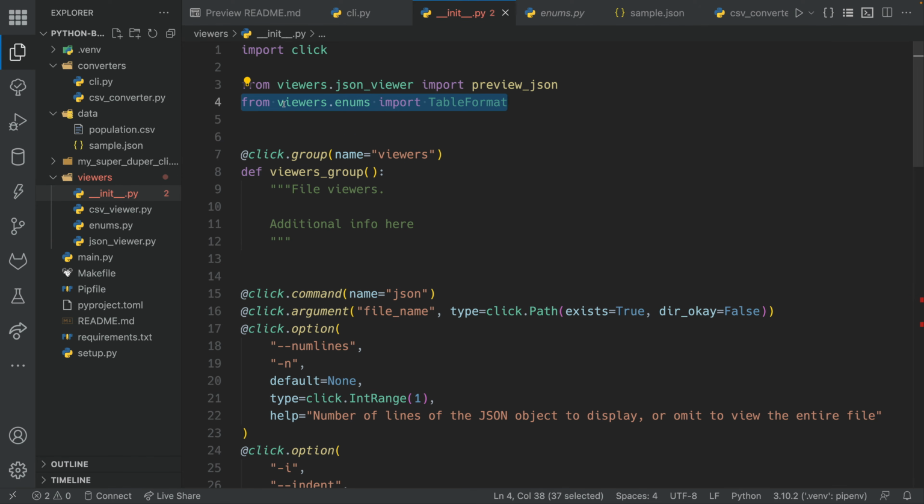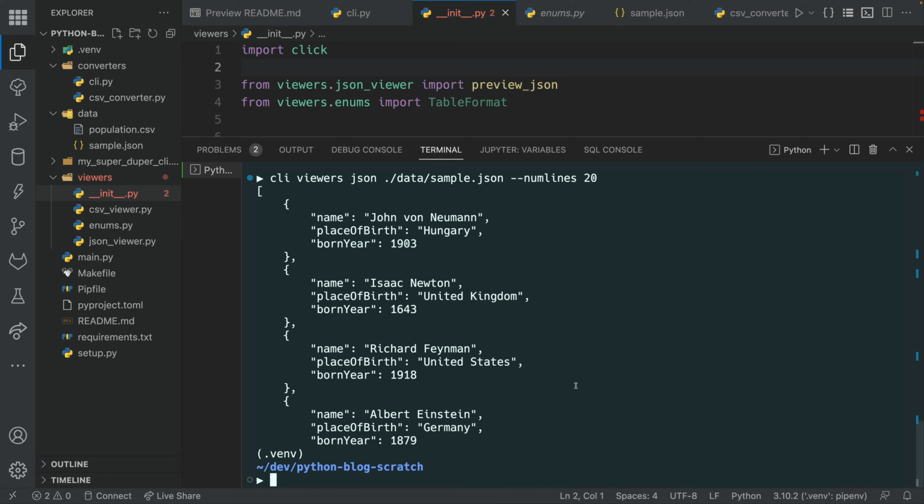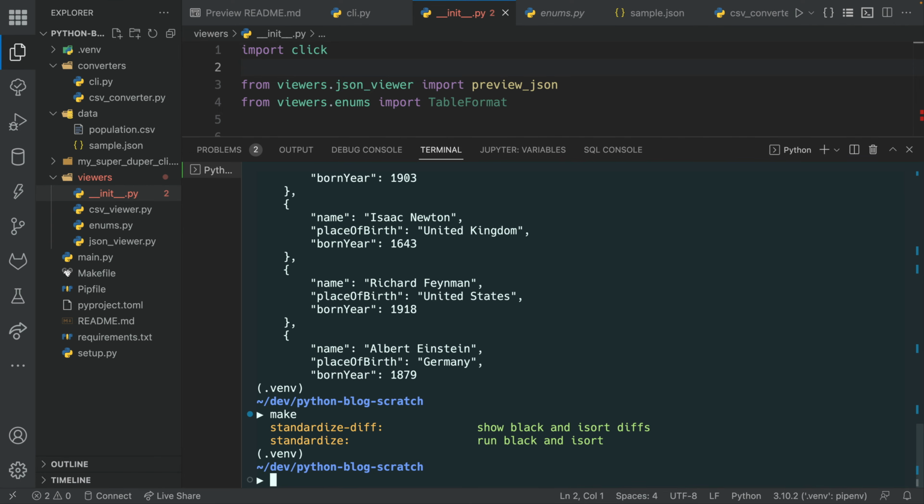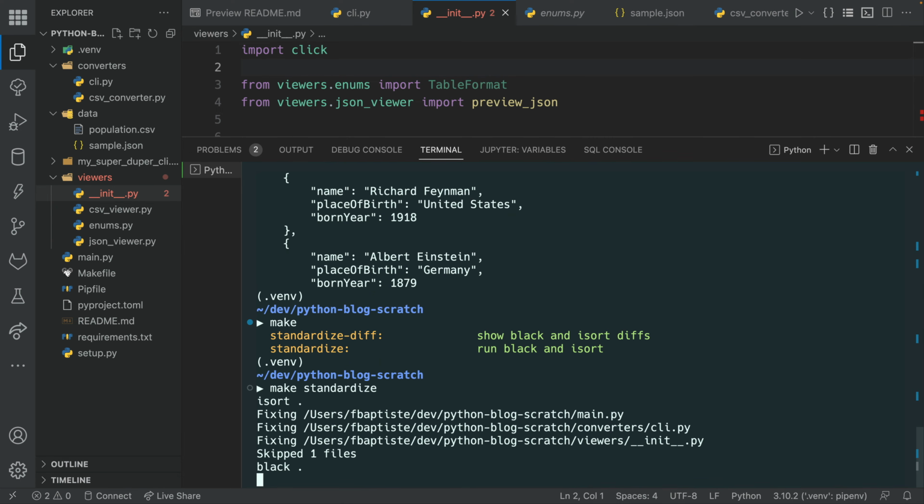All right, so technically I should be putting this import before this import over here. It's in the wrong order. However, I usually don't worry about that too much because I end up using isort. So here I'm going to use make standardize. And once that's finished running,